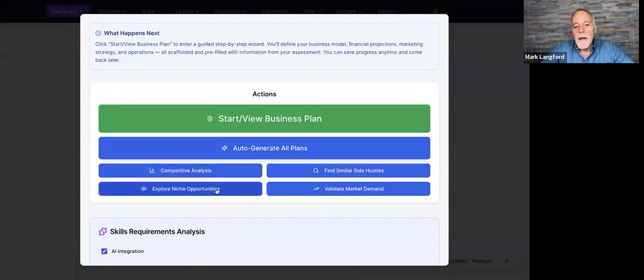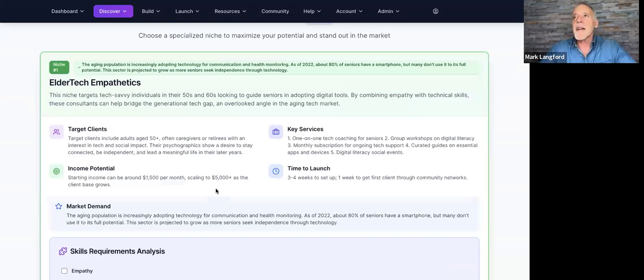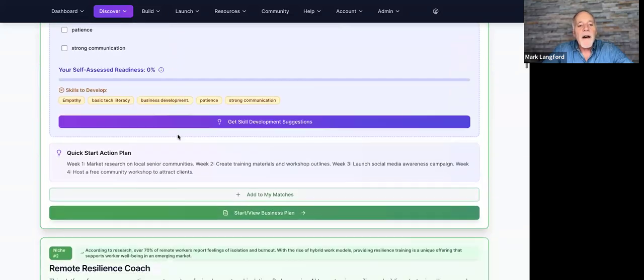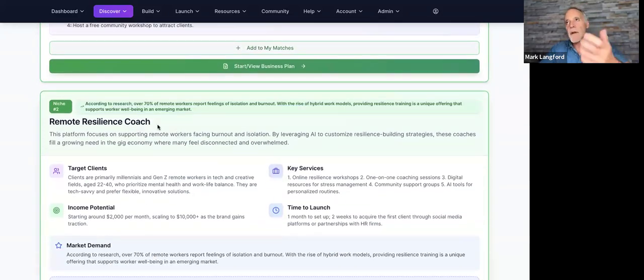So here, let me click this. It's going to take a moment or two to come up, and I'll explain as it's working, because it's literally going out there and taking your idea and saying, well, what other ideas are like this, right? And it's different than the blue ocean. The blue ocean looks at your specific strengths and so forth. This is not going to take all of that into consideration. It's like, these are things that you might want to think about that have to do with your side hustle more than your specific